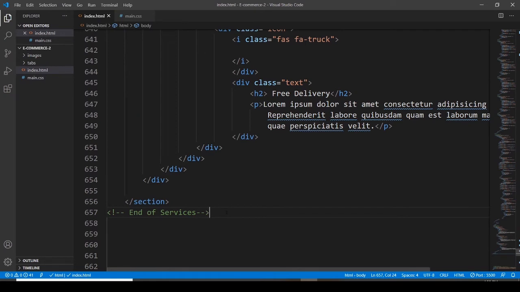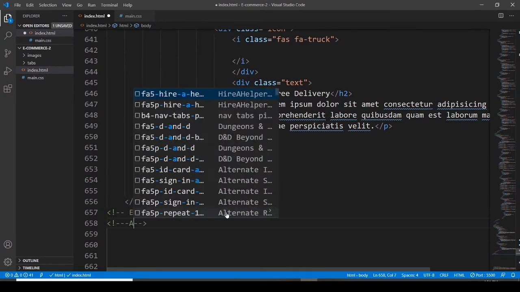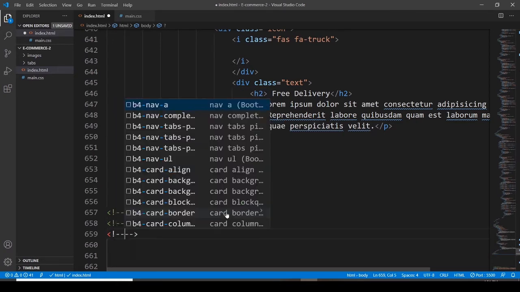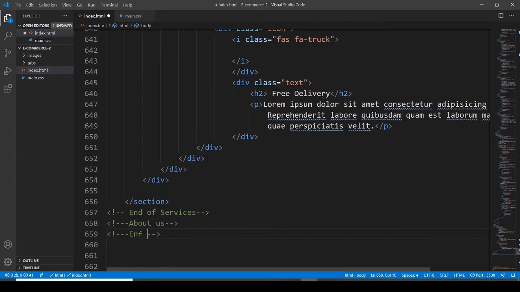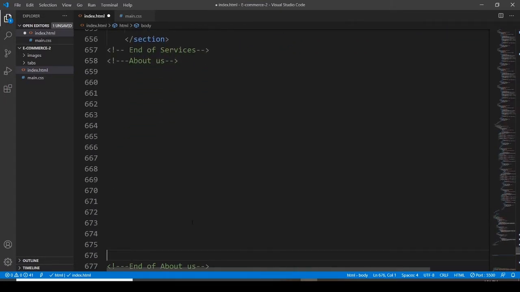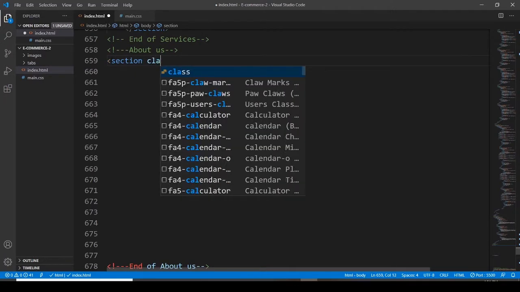I'm here in my editor. And first of all, let's have a comment for this about us section, and then it would be end of about us. I need some room here. Okay, I want to go with the section element with a class of